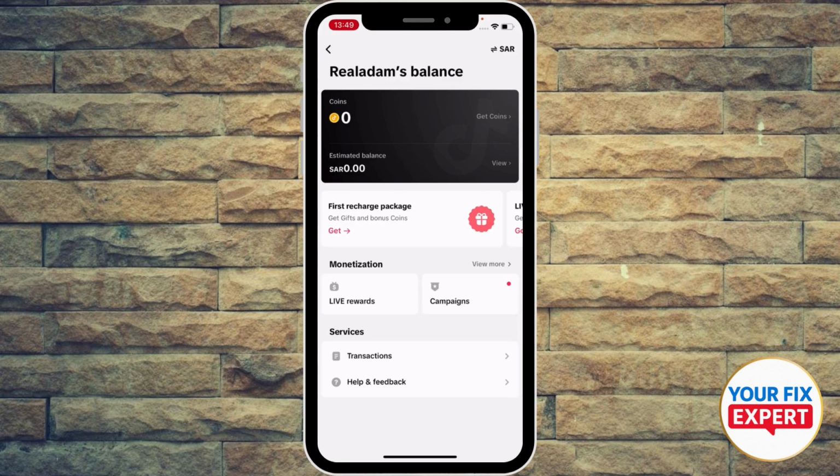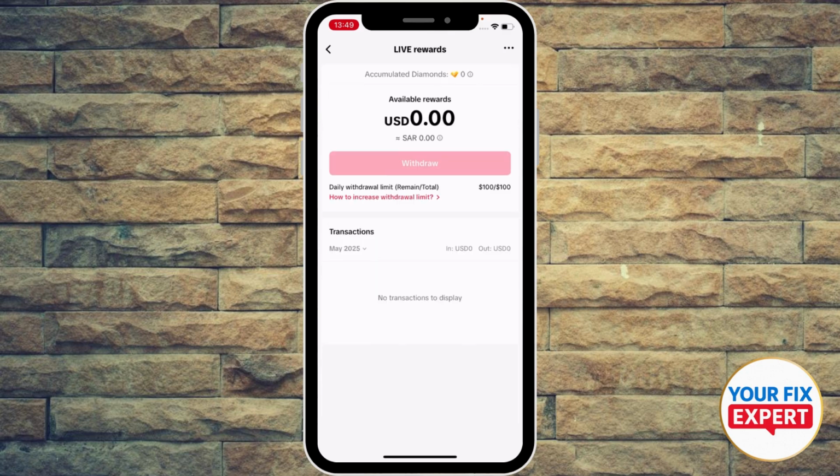Okay. And you're gonna see right here your coins, your estimated balance, your earnings and profits and all that stuff. And under the monetization, you're gonna see live rewards. Go ahead and click on them. Right? And then what you're gonna do now, just go ahead and hit withdraw to withdraw your profits from TikTok,